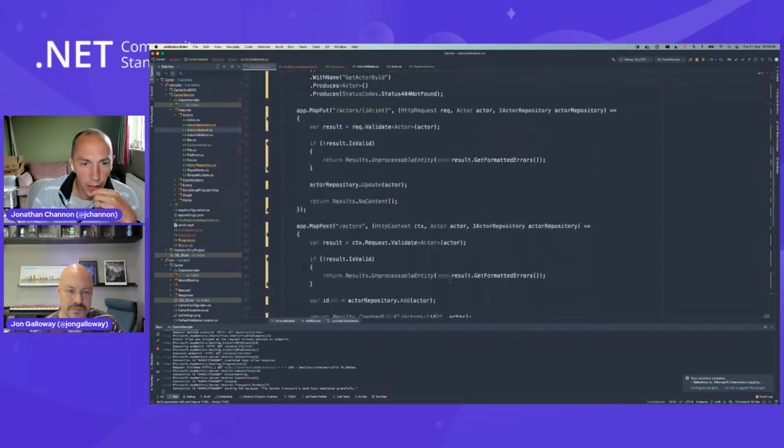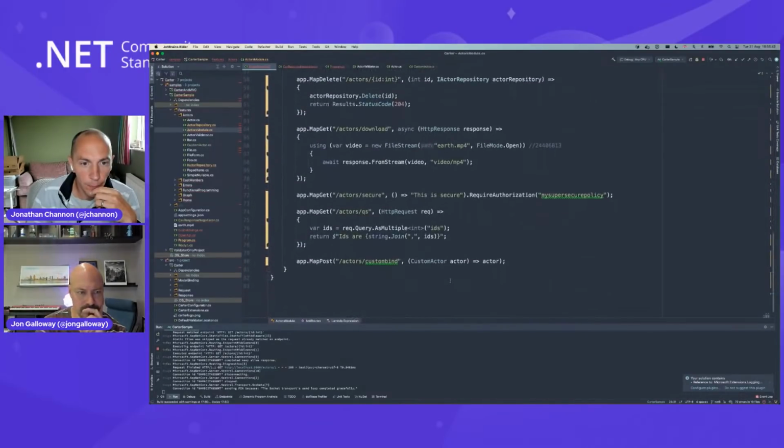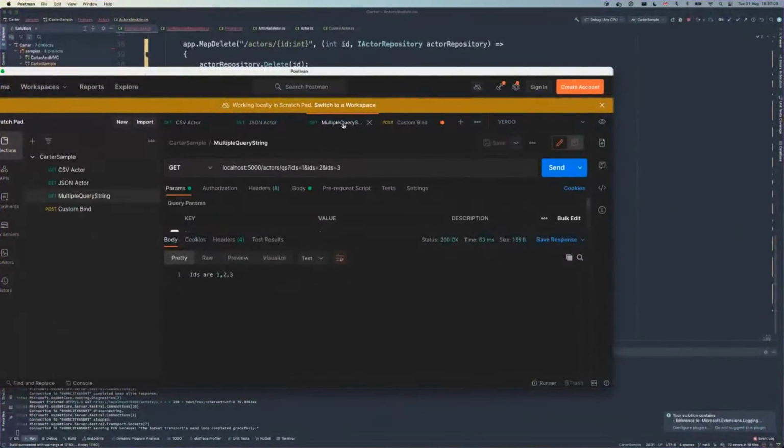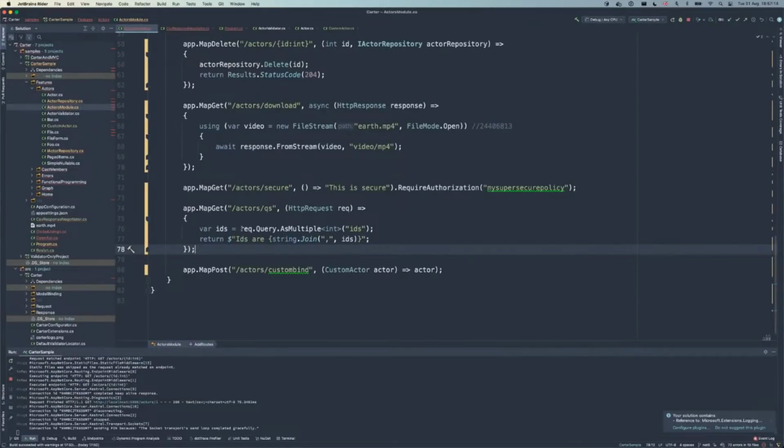We then have a few other little things, something like this, where we can read out multiple values of query strings. So we can pass in the same query string name or key, give it different values, and then when we execute that, we can return IDs are 1, 2, and 3, by binding that query string key.